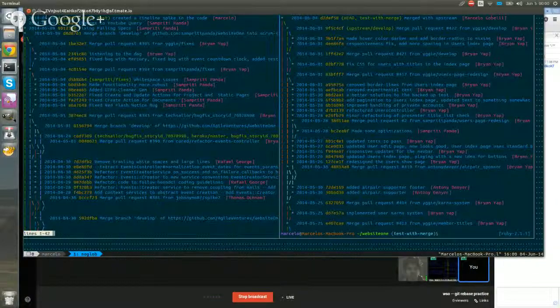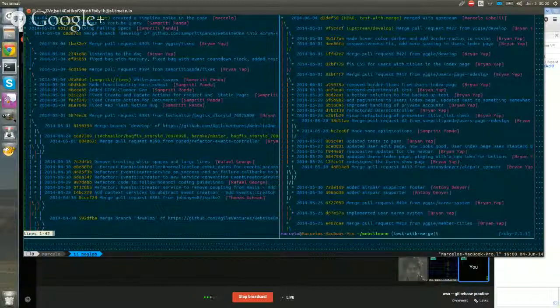But we're not officially pairing because they have a list of pairing partners, and the people who are listed there are not contractors like us. So we're not allowed to use that feature, but I'll see how they implemented it, and maybe I can introduce it here. So when you squash commits, you can still keep who your pairing partners were in the story.